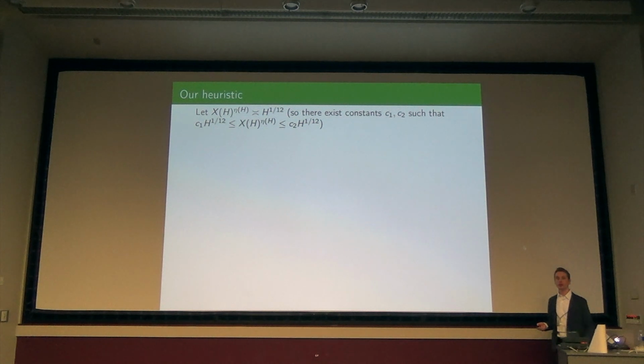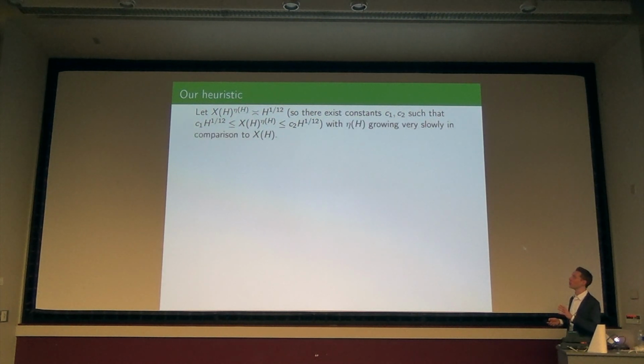So I need a function which measures the size, and I hope I'll be able to tell you something about it, but x and eta are supposed to be, x is going to be the size of the matrix entries, and eta is going to be the size of the matrix. I want this expression to be about h to the 1/12, and what I mean by that is it's bounded above and below by constants this way, and maybe I'll be a little more flexible too. This is a heuristic. I want to say this: the exponent grows very slowly in comparison to x. It could be a log thing.